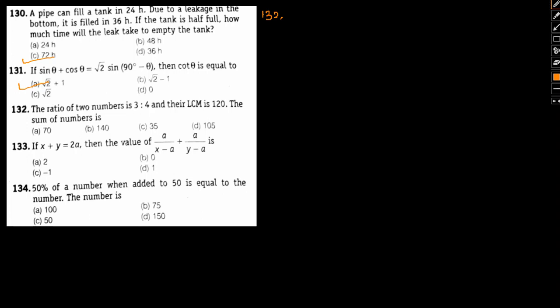Okay, so now let me give you a concept. Suppose we have a number, say ax, and another number, say bx. Then their LCM can be written as a into b into x. Now what we have is the LCM in this particular case, it is given as